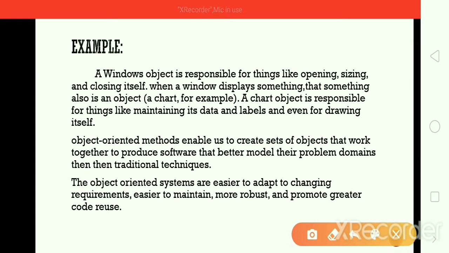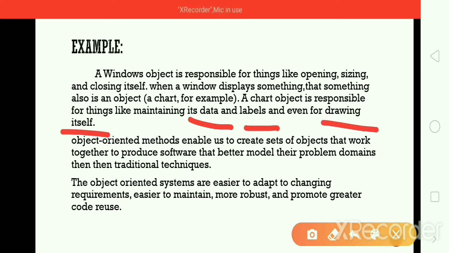When a window displays something, that something also is an object. Consider that your window is currently open. In that window, if you have a chart, that chart itself becomes an object, guys. So a chart object is responsible for things like maintaining its data, labels, even drawing itself.